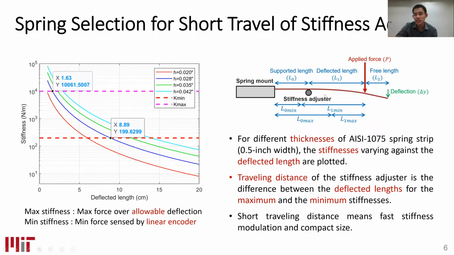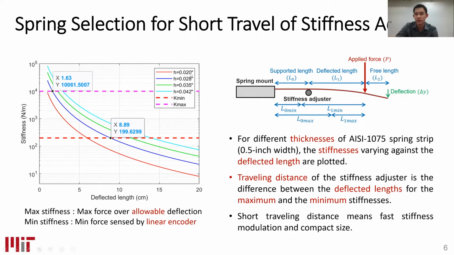So the maximum traveling range of the stiffness adjuster needs to be the difference between L0 min and L0 for the maximum stiffness. On the contrary, it can be the difference between L1 min and L1 max, where L1 is the deflected length of the spring. So how can we obtain this traveling distance? From the previously derived model, we plot the stiffness varying against the deflected length L1 with different thicknesses of the spring,